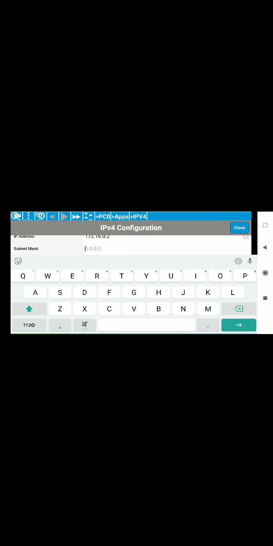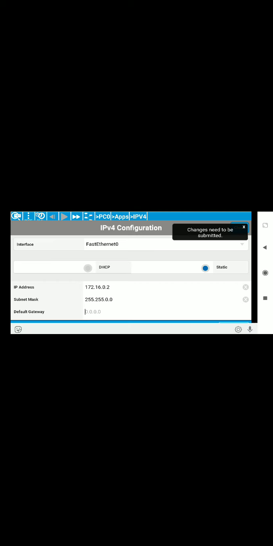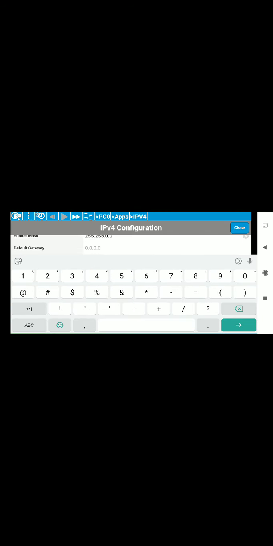Then for the mask it is 255.255.0.0 because n bits are 16. Then next write the default gateway. Here the default gateway is 172.16.0.1.